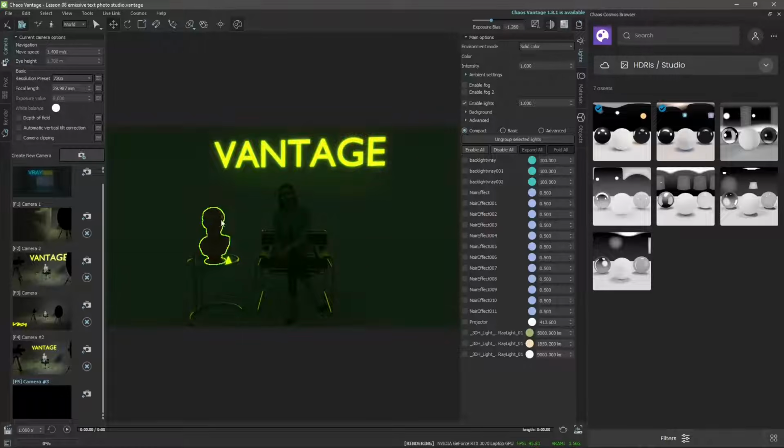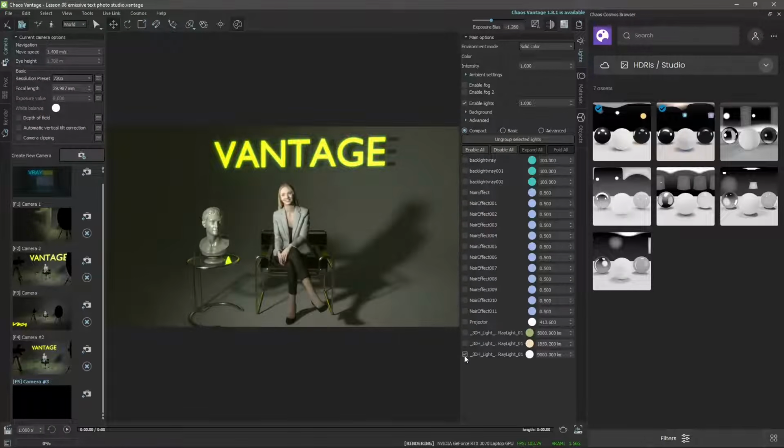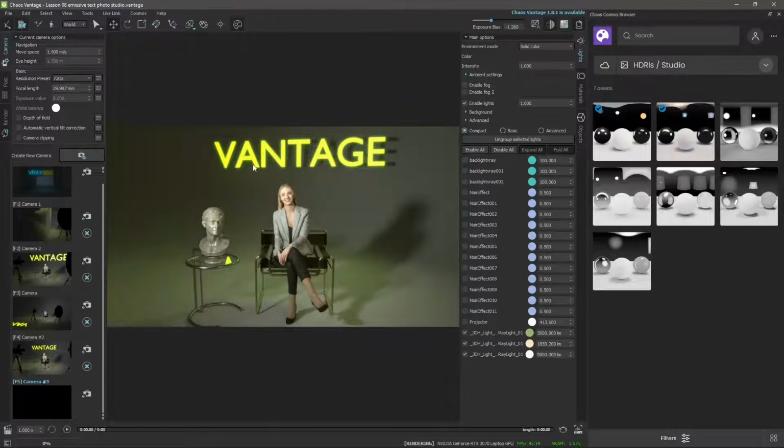Now, another example that we did is with the studio setup that we created in 3D. So I'm just showing you the 3 different scenarios, and then we're going to recreate this